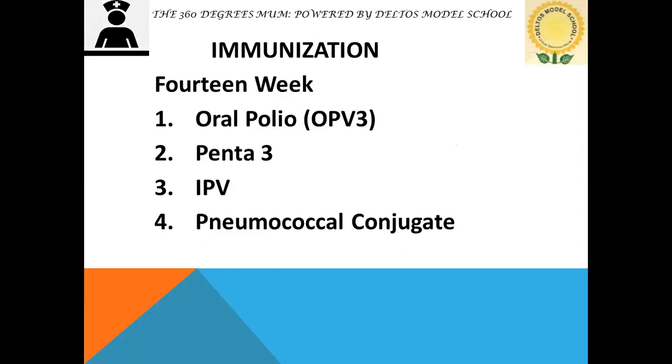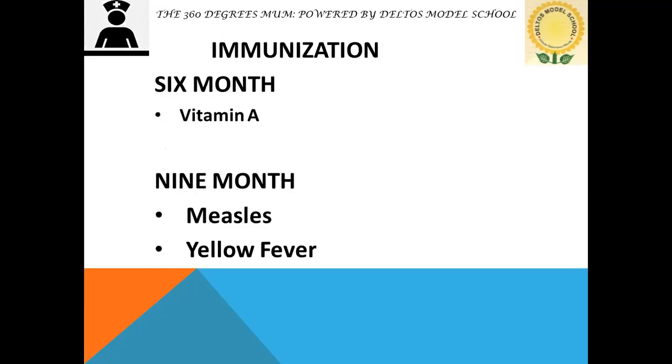At 14 weeks, the child will take oral polio and penta 3, that's the third dose. When I say penta 3, I mean the third dose of the penta. Penta has 5 vaccines, remember? Then IPV is a polio vaccine, so inactivated polio vaccine. Pneumococcal conjugate. At 6 months,